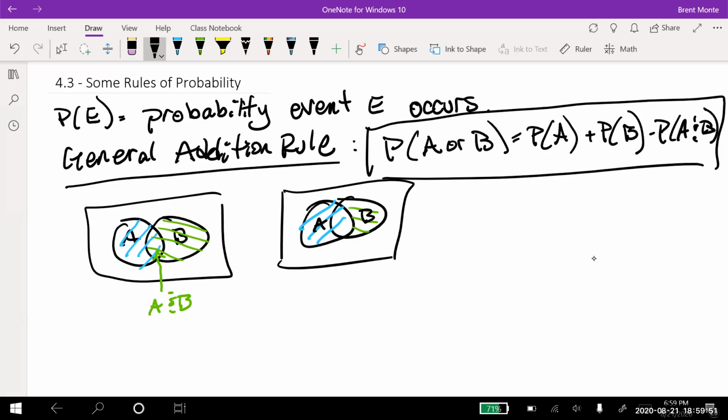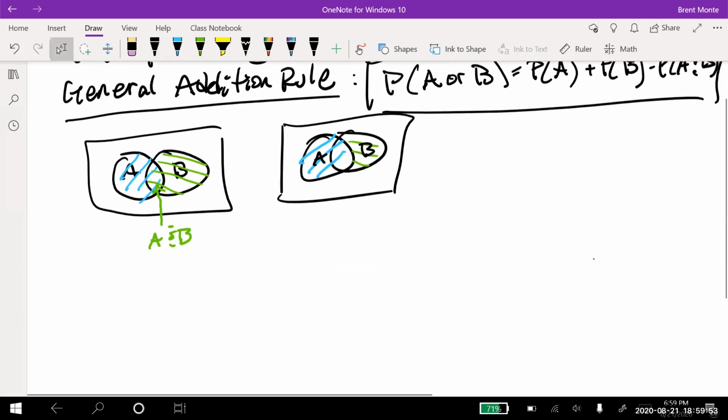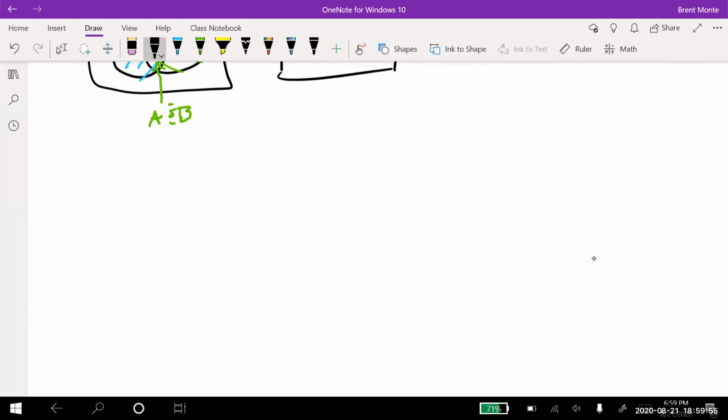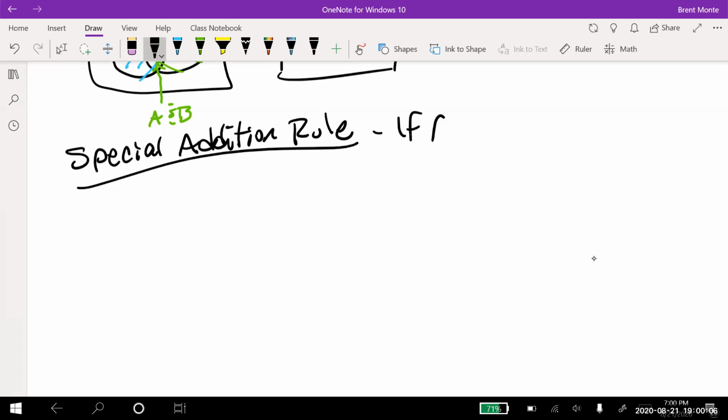Sometimes, though, they don't overlap. We already looked at that. So what happens if they don't overlap? We have another rule. It's called the special addition rule. And this is the one we were using in the last section, actually. The special addition rule says, if A and B don't overlap, if they're mutually exclusive,